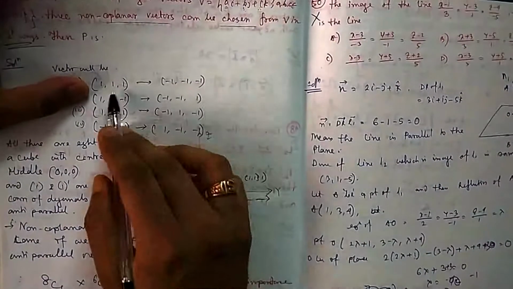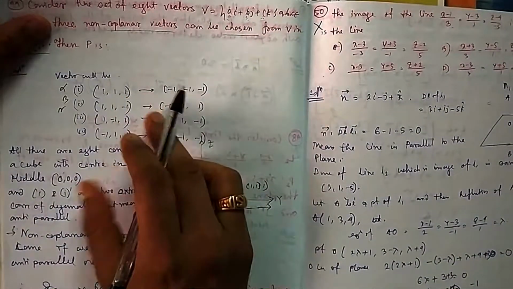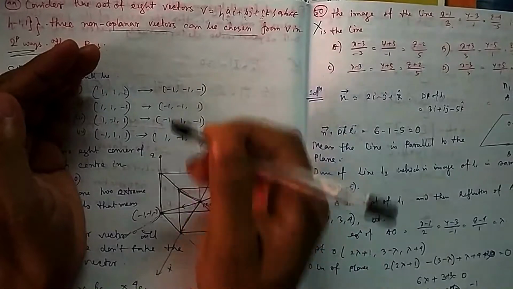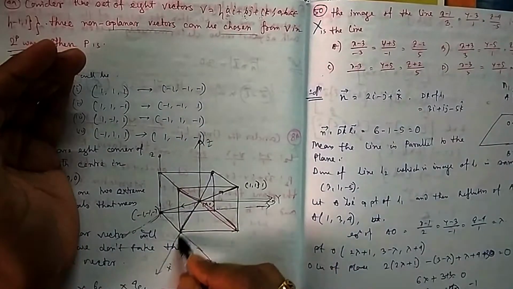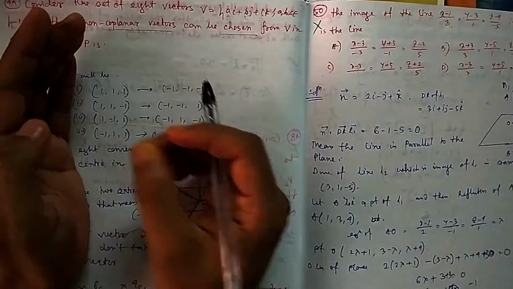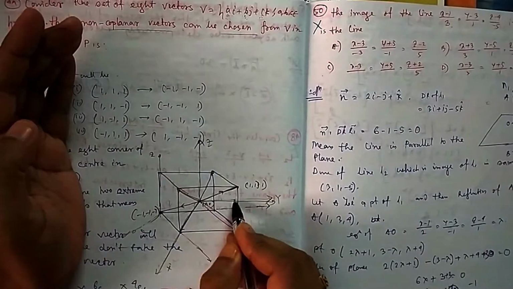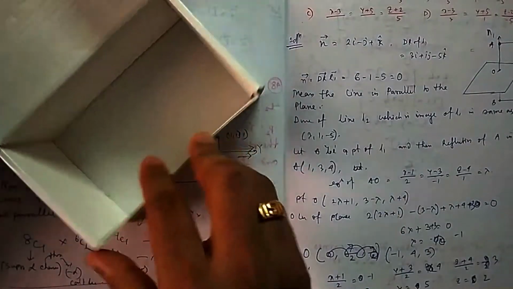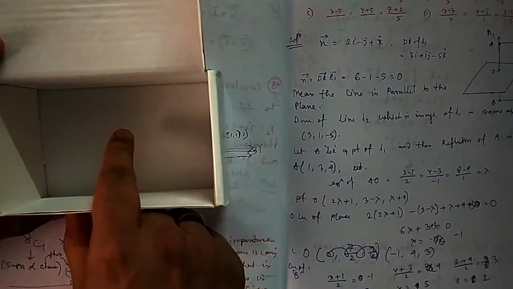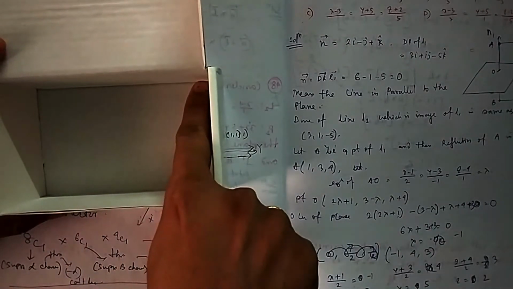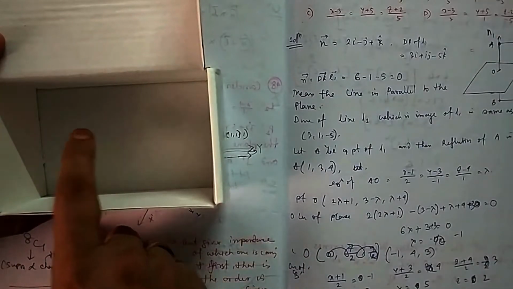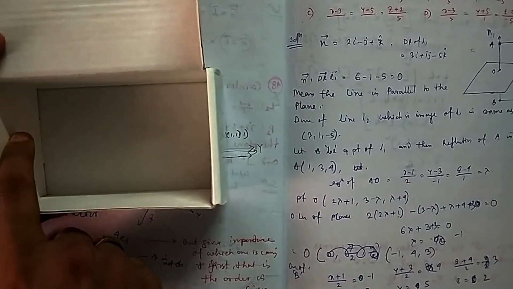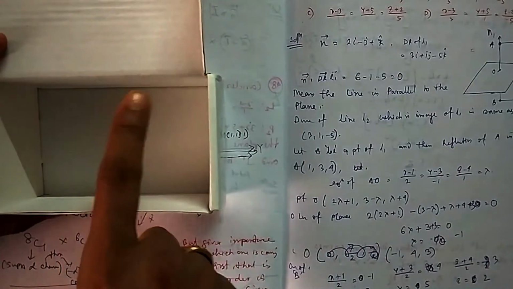A little bit twisted, they are asking for P, not the number of ways. So you can think of this one: these are the 8 corners of a box. You have a box, suppose this is your XYZ axis, and you are at the origin, at the middle of the box. So what will be this diagonal? Suppose this is your box, and you are standing here, suppose this is your 0 0 0. Now if you move 1 unit there, 1 unit there, and then 1 unit up, this is your 1 1 1. If you again move minus 1 in Y also, because this is your X, this is your Y, and this is your Z.